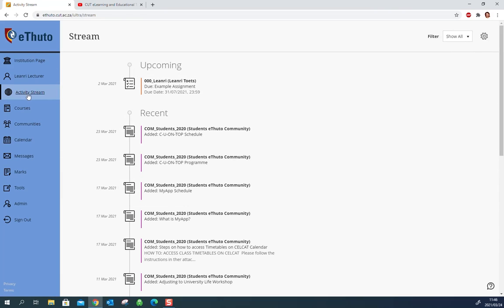Right, so under the activity stream is our courses and communities. The difference is that courses are your academic courses, your subjects. So this will be where your lecturers post information, tests, assignments, and all the content they want you to engage with. Communities are non-academic pages, and you can also engage with people and information here, but these don't have links